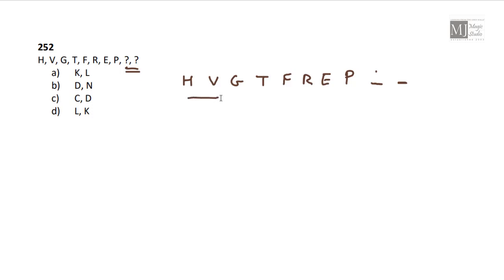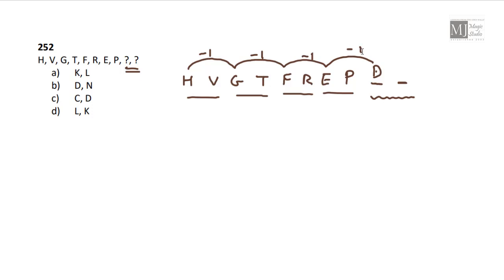the first two are the first members of two series, the second two are second members, then the third pair is the third member, and the fourth pair is the fourth member of two individual series, and then we need to identify the fifth member of this series. Let's work in that way. H G F E. If I read it backward, it is E F G H. That means we are moving one letter backward. So it should be D E F G H. This position should have D, minus 1.